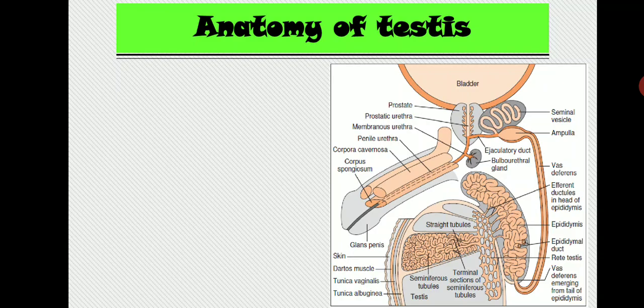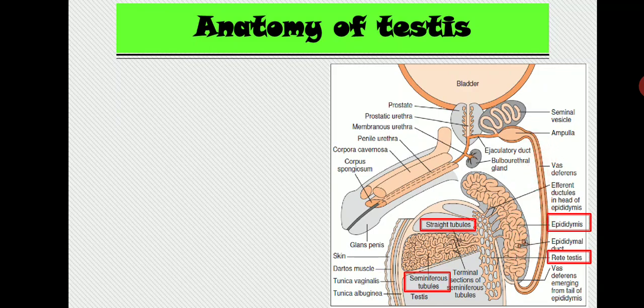This is a very beautiful picture that I have taken from the Mosby monoseries book. First, this one is the seminiferous tubules. After the seminiferous tubules, these are the coiled portion. Then there is the straight tubules, that is the straight portion of the seminiferous tubules. Then this web-like structure is the rete testis. After the rete testis, this portion is the epididymis. This one is the head portion of the epididymis, this one is the body, and the lower one is the tail. After the tail there is the vas deferens that is shown over here.